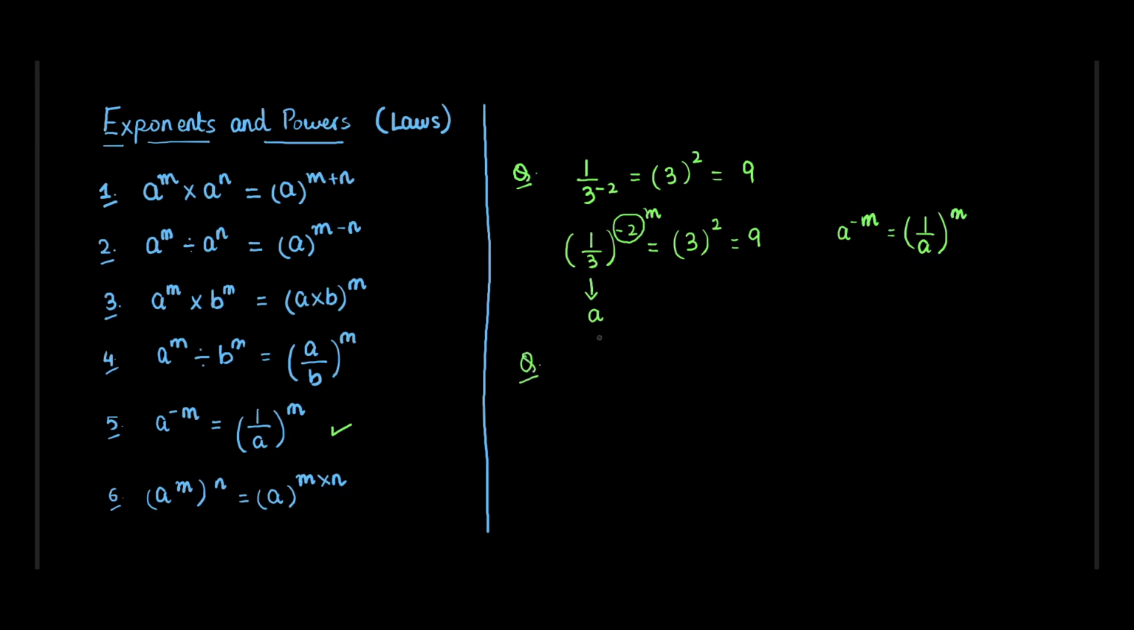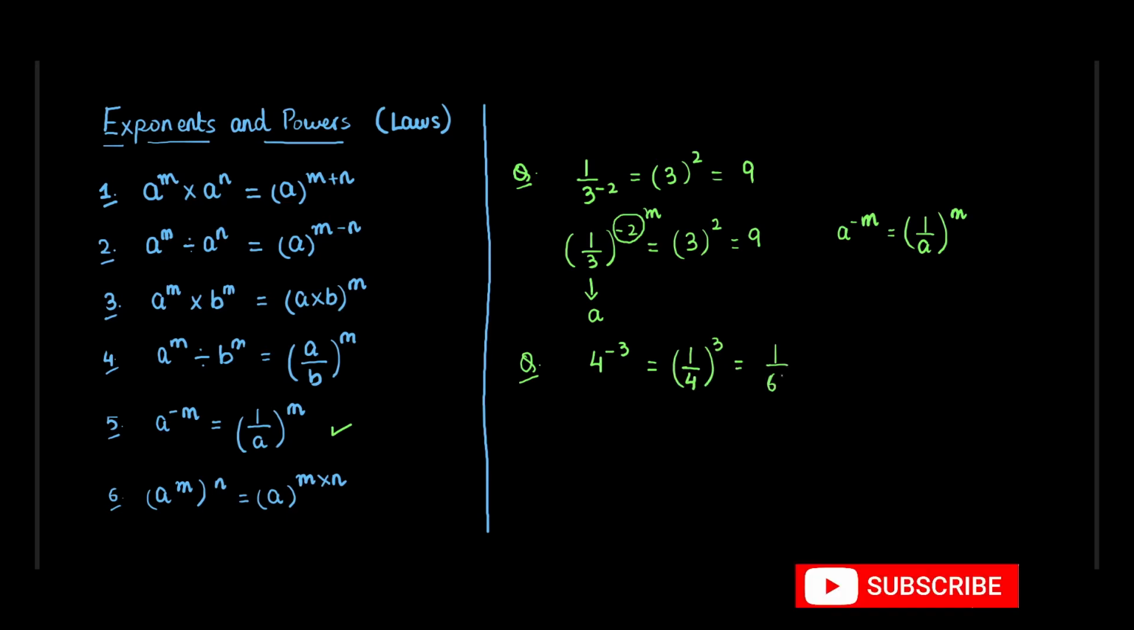Well, it is 4 to the power minus 3. So now again, using the same formula, we can write it as 1 upon 4 to the power 3, that is equal to 1 upon 64. So this will become 1 by 64. The next question,